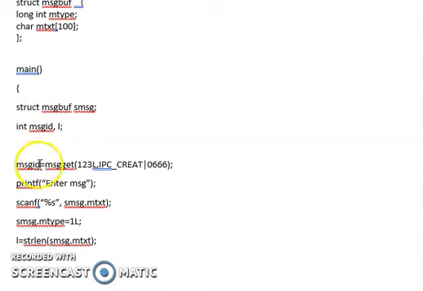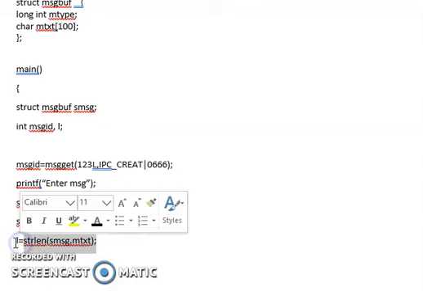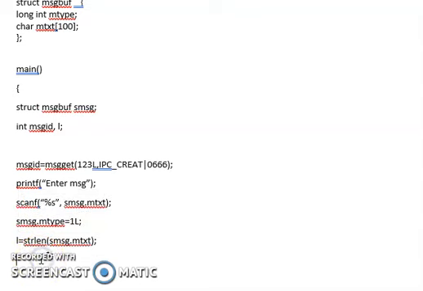The first one is msgid, the first parameter. Second, the data structure is filled. The data structure address is with smsg, so that is ready. The third, the length is l. This is ready. And the fourth parameter is either 0 or IPC_NOWAIT. So let us write the msgsnd system call. msgid is the first parameter. Then the second goes with the address of smsg. Third is the length and the flag is IPC_NOWAIT.